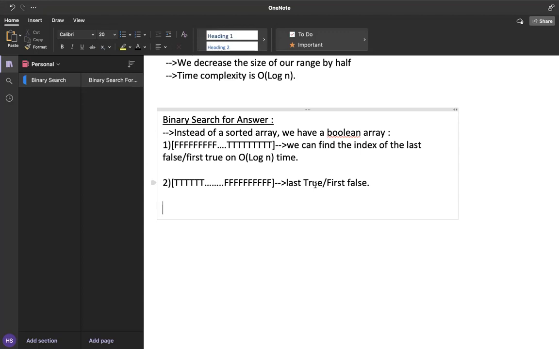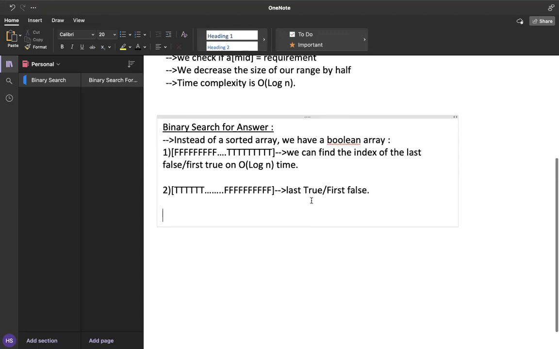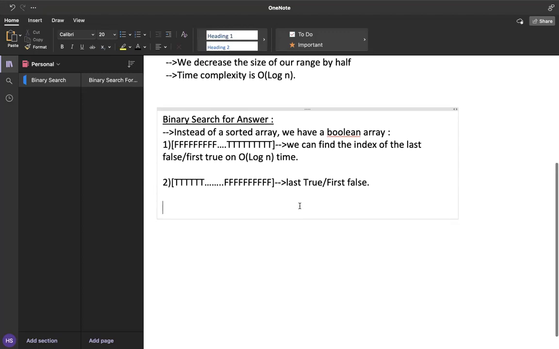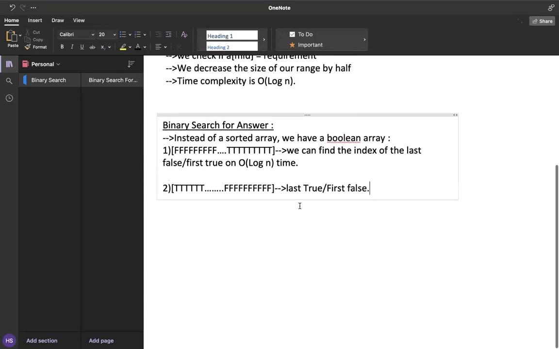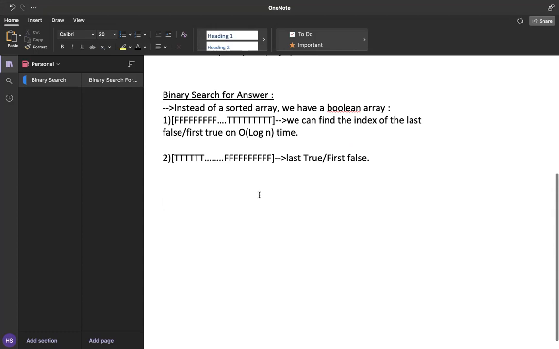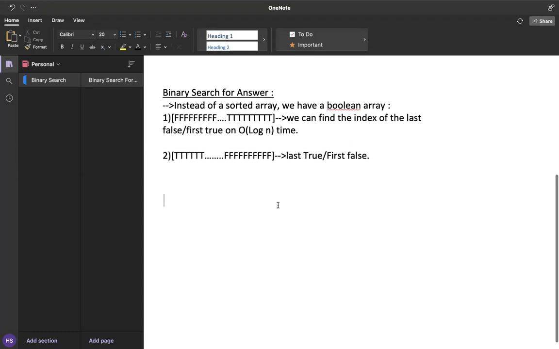And it will all be more clear once we start solving some problems. So without any further ado, let's start solving some problems. Our first problem is going to be an introductory problem, which will help us in actually understanding what exactly is going on here. So let's look at the first problem for the day.